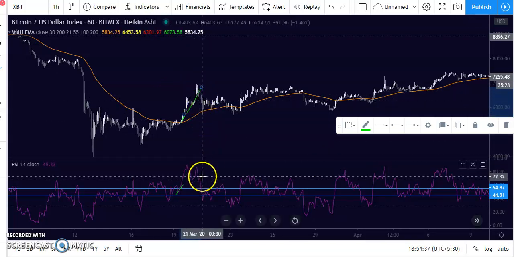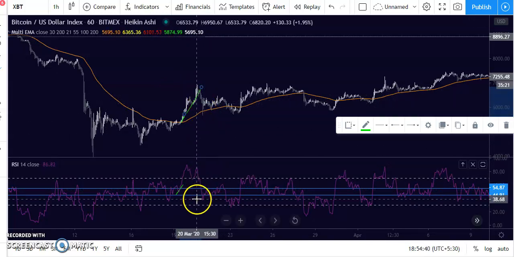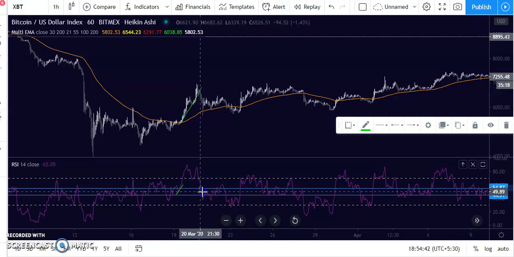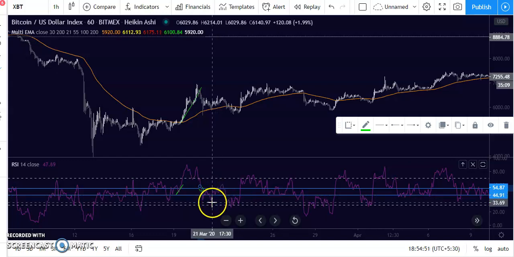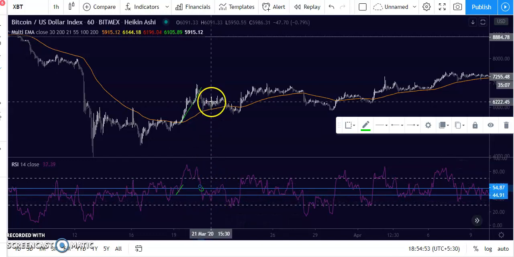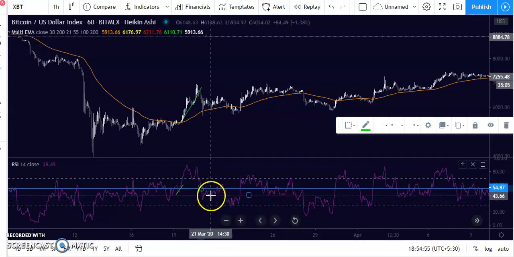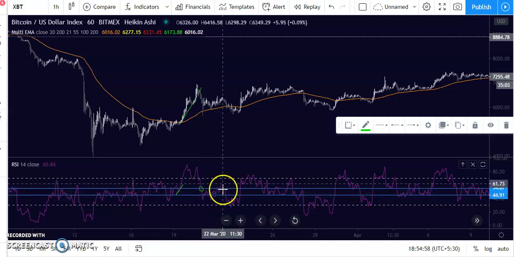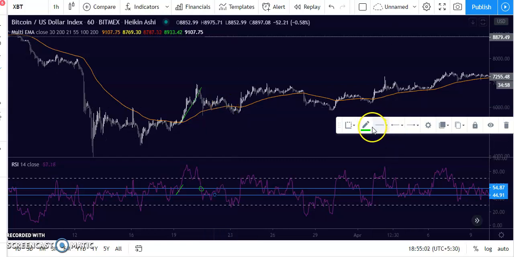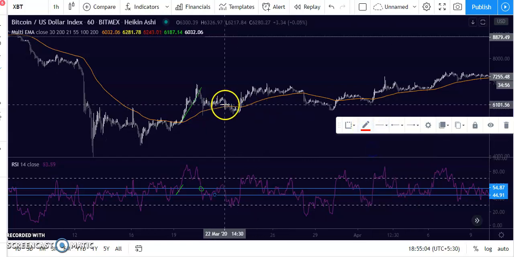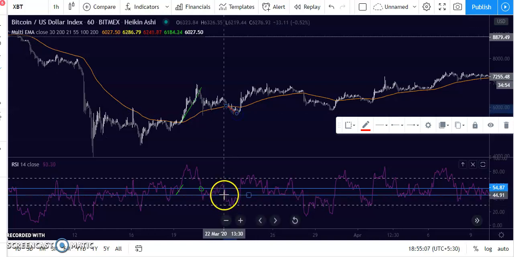So now look at here. The price dropped below this 55 line and it came to this dangling region. This is the undecided region where anything can happen. Price can dump or price can move. You can see the price is ranging here and ranging here. And the price dumped below the 200-day moving average. As soon as it did, you see RSI is also below the 45 line.